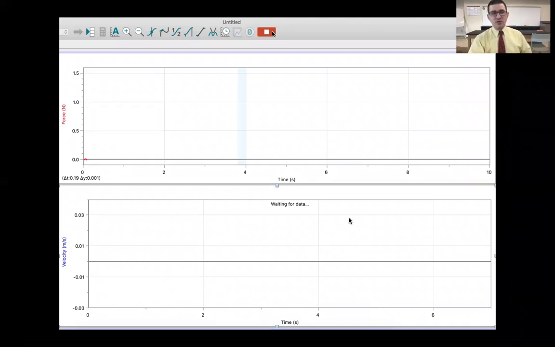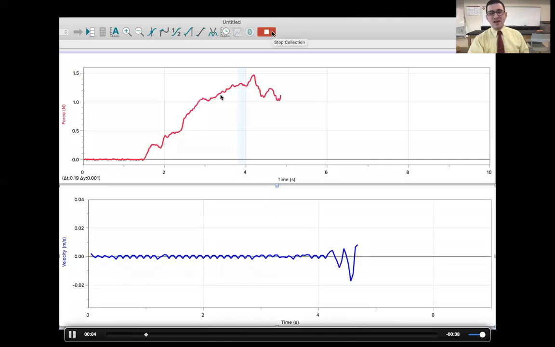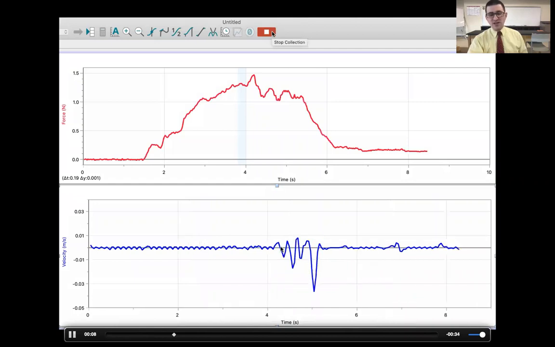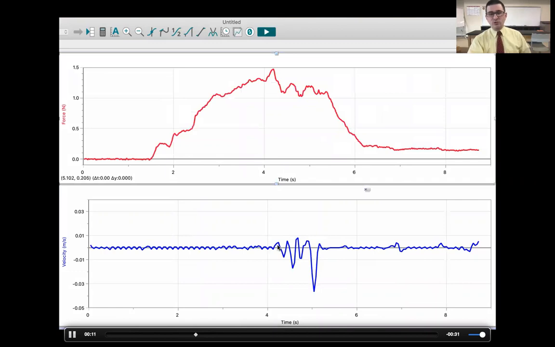So you can see I press play, and then you can see the force goes up, up, up, up, up, and oh, right there, you see where the velocity becomes not zero? That's when the object started to move. So when the object started to move is where I want to look at where the force friction reached its